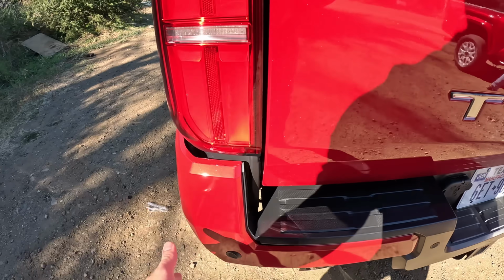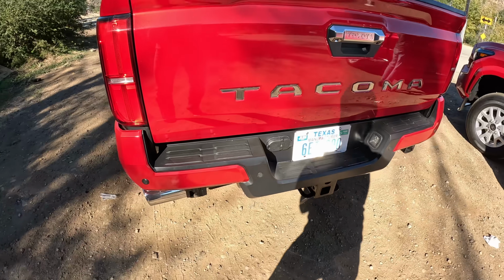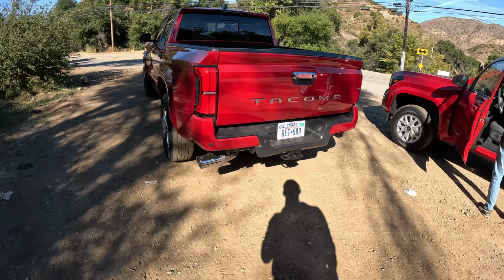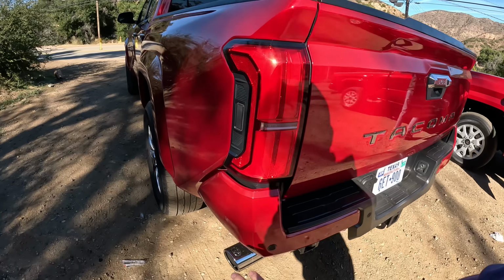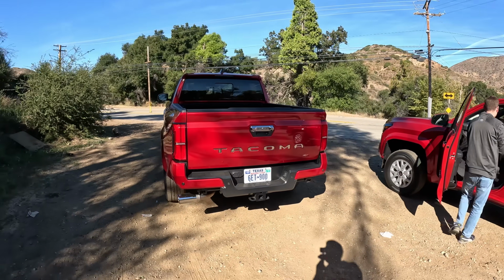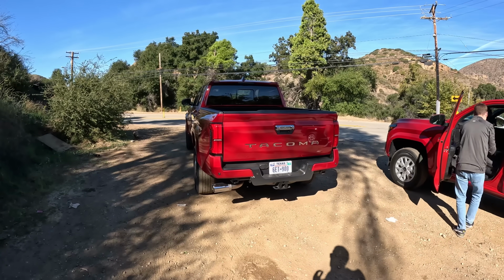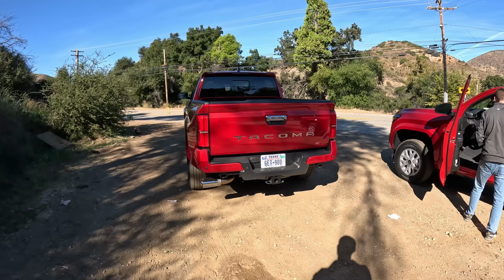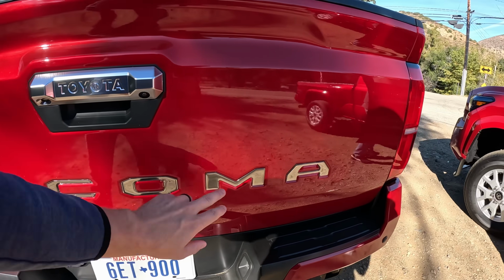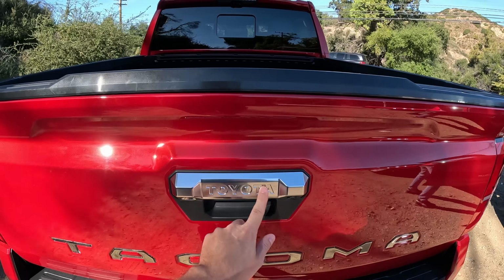Toyota said these rear bumpers are plastic, but they're easy to customize. On the higher trims like the TRD Pro and the Trail Hunter, you'll have the ARB metal bumper, but you know, I like how they make this customizable. And they kept reiterating, they made every part of this truck with enthusiasts in mind to be able to customize it. Now this Limited also has this chromed out Tacoma lettering here on the tailgate, more of that